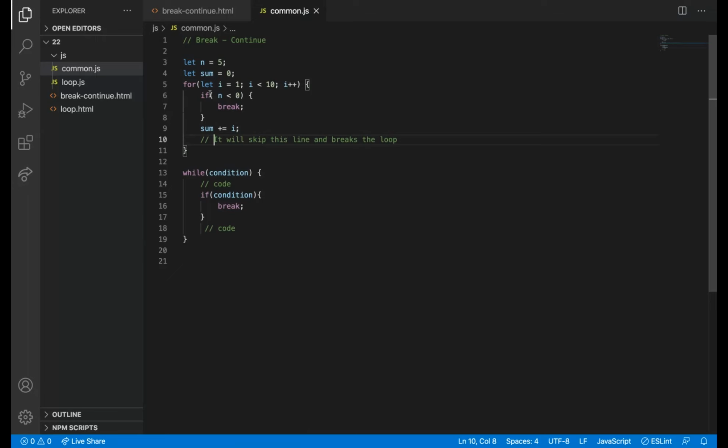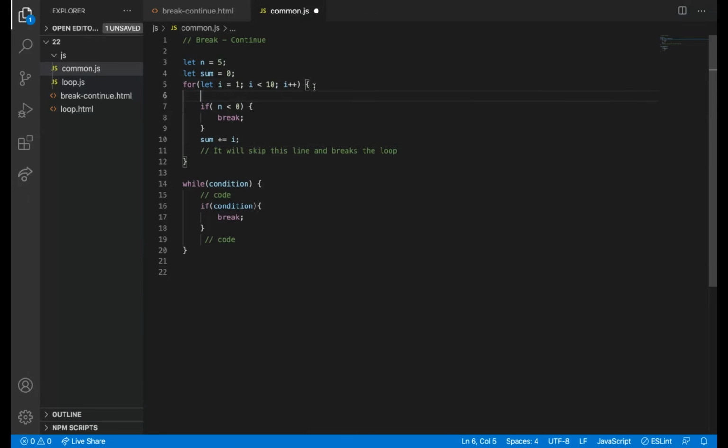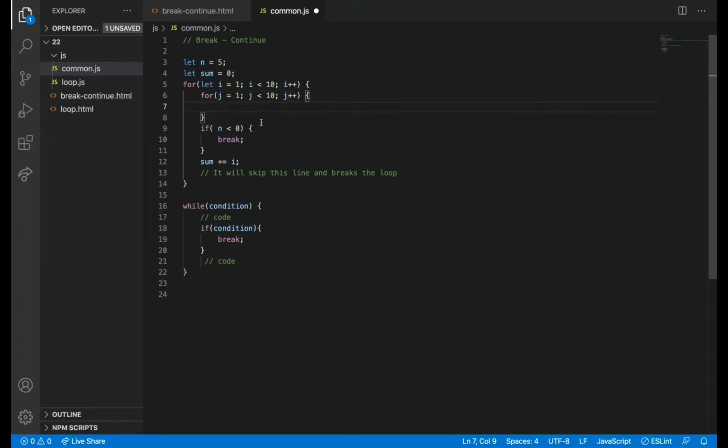So if we have not seen this actually, inner for, because we can use a for loop inside a for loop. If I'm writing a code like this, it will come out of the inner for loop.